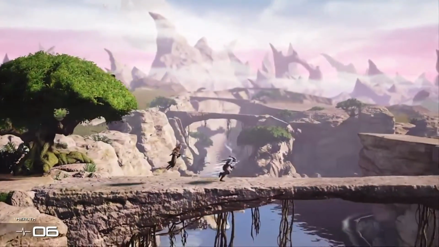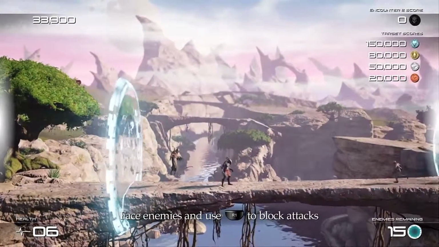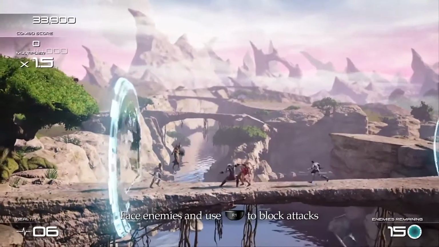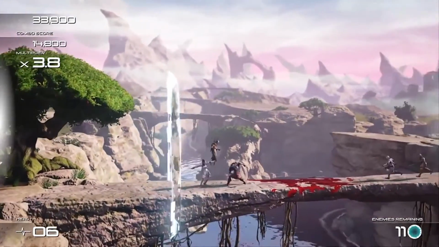And if you notice, I've got this big collar around my neck. And that guy behind me, it doesn't give you any sense of what's going on. They're not speaking any language. So here it's showing me how to block attacks. So you use them, but screw that, man. I just want to spam my buttons and kill these guys,